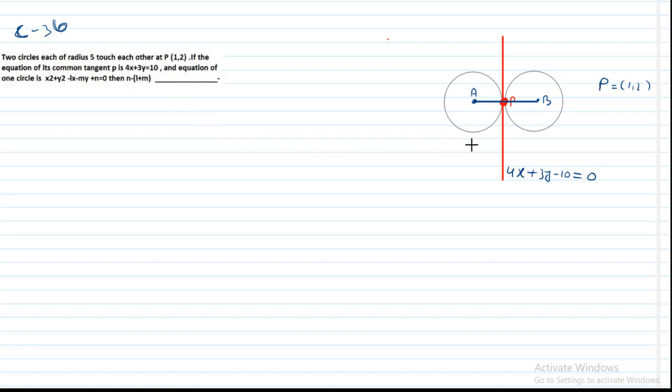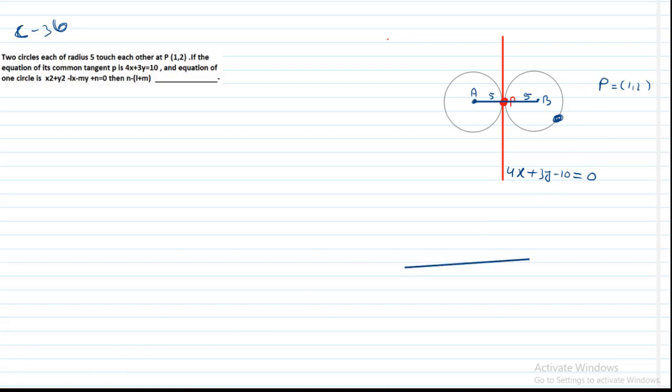Just we want to find the equation of circles. How to find the equation of circles? Clearly given both the circles have radius 5. See here, for example, you want to find the equation of this circle. Already radius is there. If you know the coordinates of B, you can find the equation of the circle. How to find the coordinates of B? That is the interesting thing. Okay, observe here.